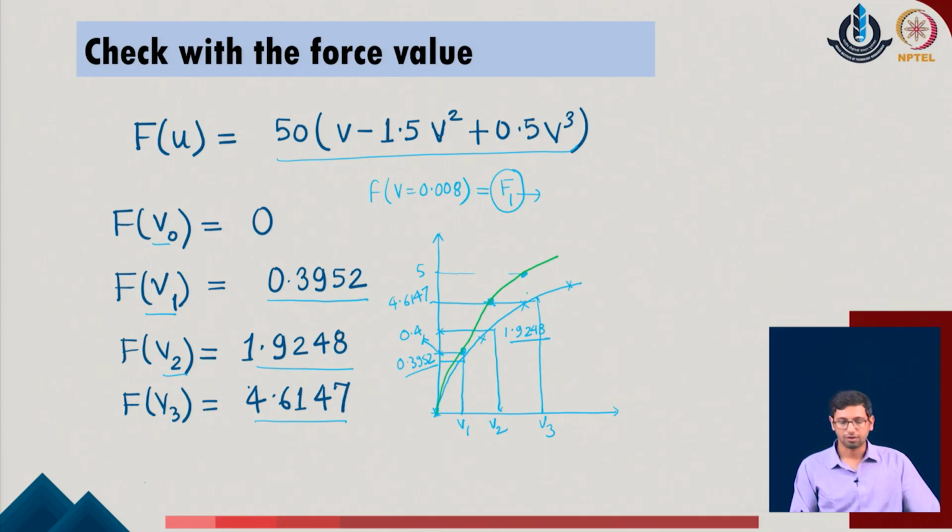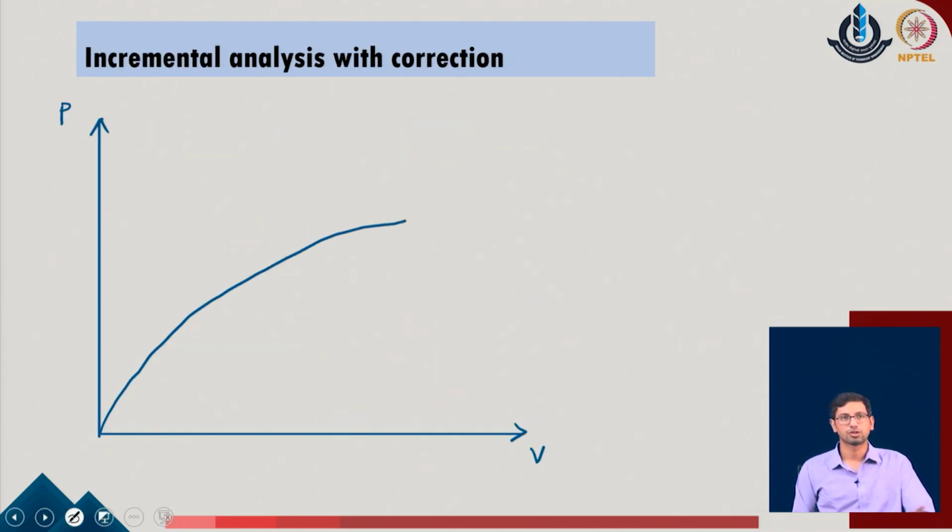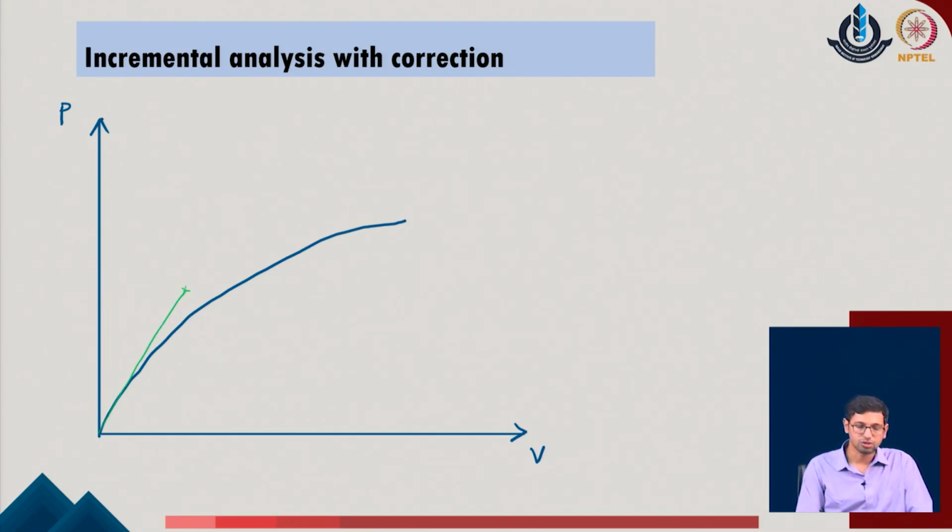So, there is an error which typically exists in the given values, and we realize that there is a difference between the force which is actually appearing with the given problem and the actual force of the given system, which we need to correct in the given process. So, with this we will try to come up with a procedure where each increment is going to produce the value which is having the larger parameter, but now we will try to correct it with respect to the actual value of the force field which is available in the given system.